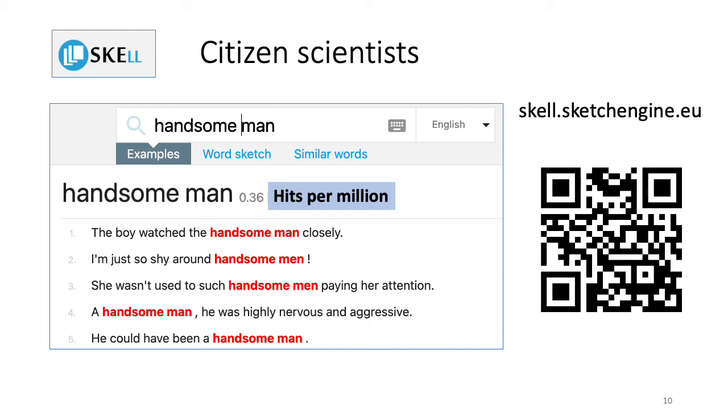The 5 examples. We'll have a look at that. What we find is words which are related to handsome and related to man. These are important observations, and we'll talk about that. So these are just 5, but in fact every search in SkELL returns 40 example sentences.